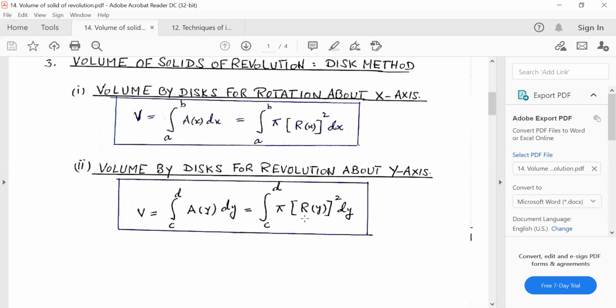Again, the base area will be pi r square. Surely y will be the radius and dy will be the thickness. So this is the difference. Almost the formula is same, but in one case we are taking the limit